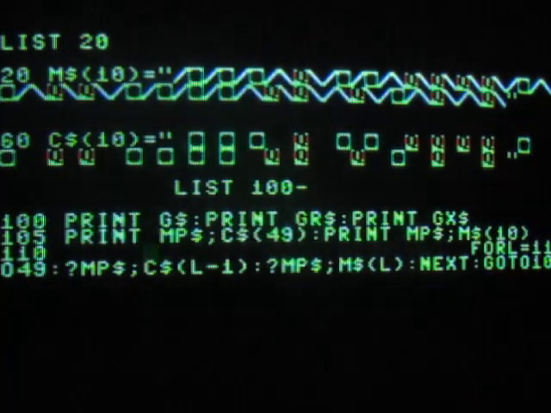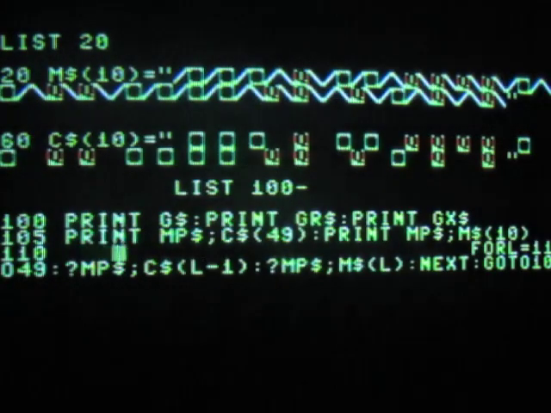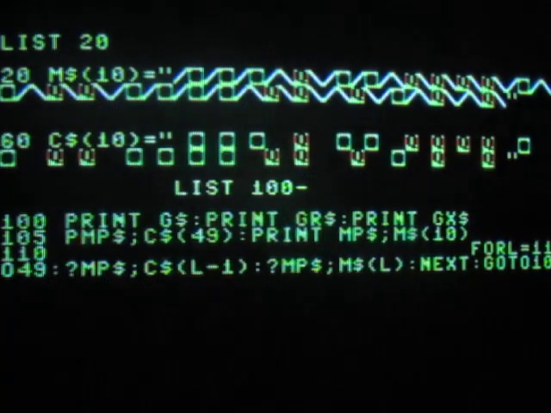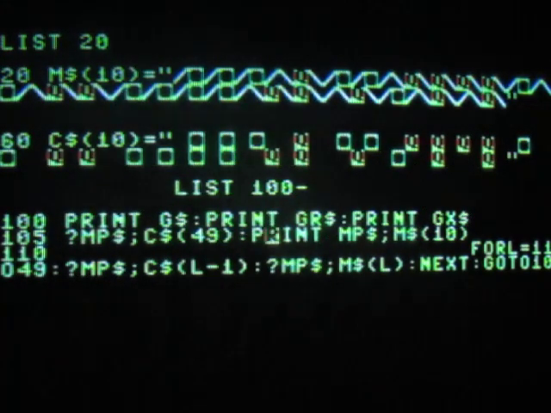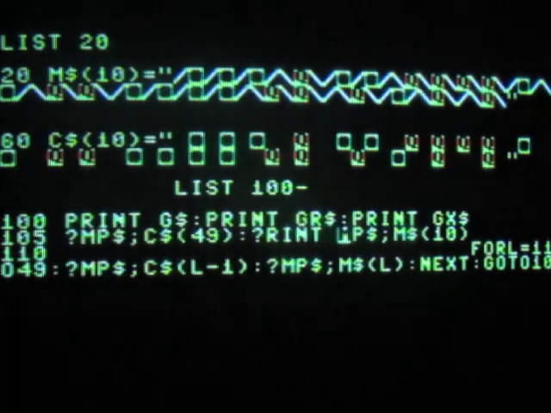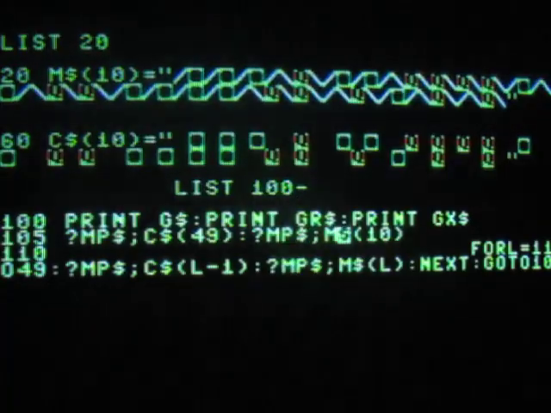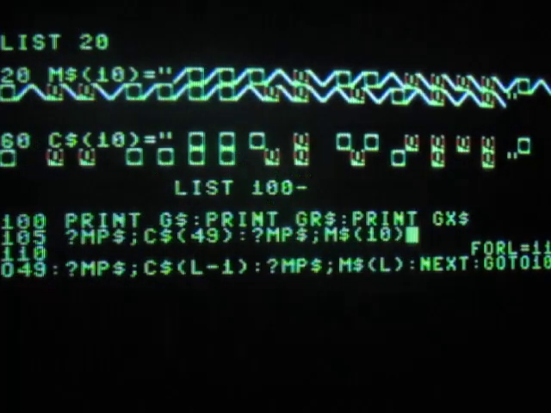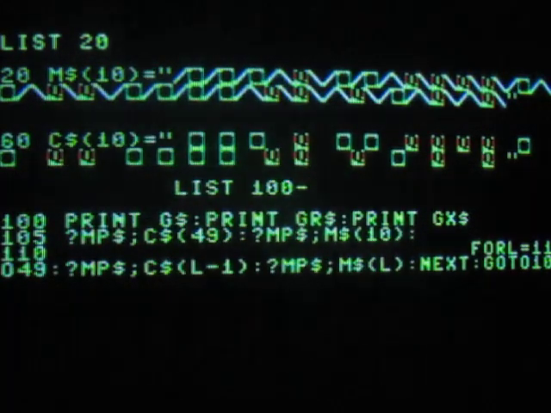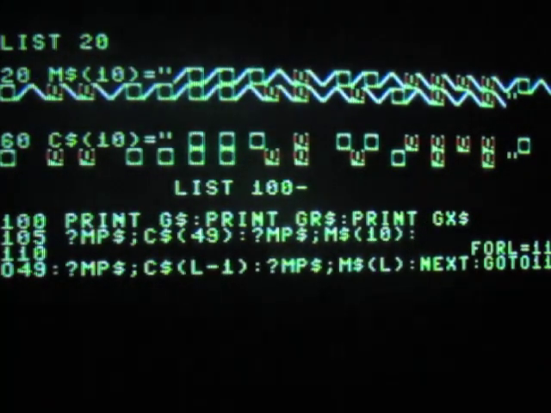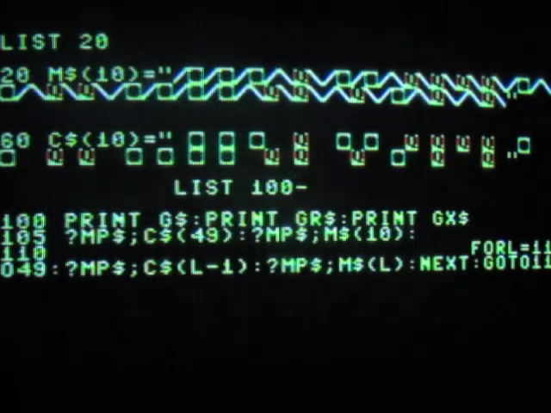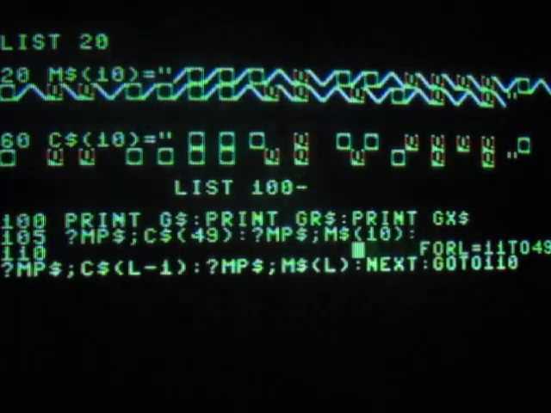So all we need to do is get all this stuff from up here onto that line. That's why I'm replacing the word print with the spaces, because then it will all fit and everyone will be happy. And then the whole thing is just going to loop round on here. The reason you want to do this is simply because